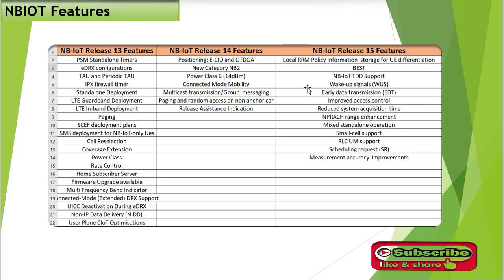And one most important question which an interviewer can ask in the interview: here there are only SIB1 and SIB2, there are no more SIBs. Okay, because of low signaling its latency is so low. Okay, so response time is low from transmitting to receiving. Okay, so less signaling is there. If we talk about release 15 features, here you can see some release 15 features also.